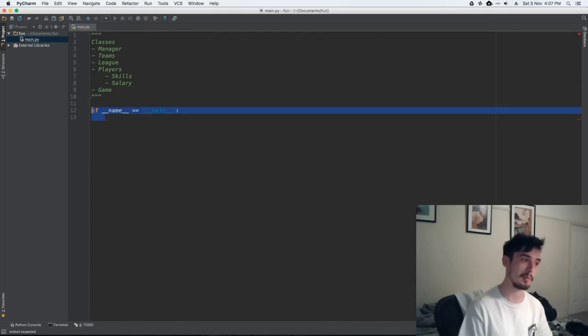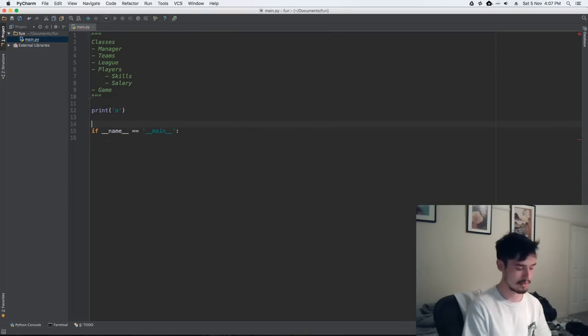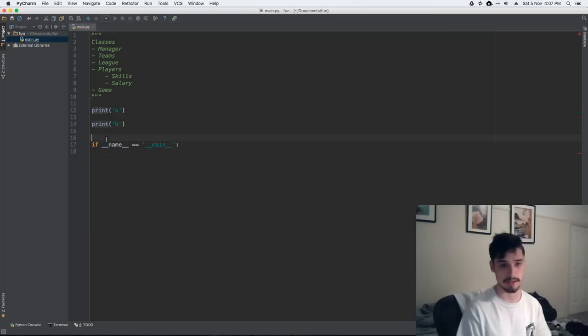So what this does for people that are new to Python is that when this file is imported or run, it will run down line by line, and it will run each line of code, print A, print B, until it gets down to here. Now it'll only run this code if this is the initial file that you're running, if this is the main file that you're running. So really, instead of having these print statements run every time we import this file,